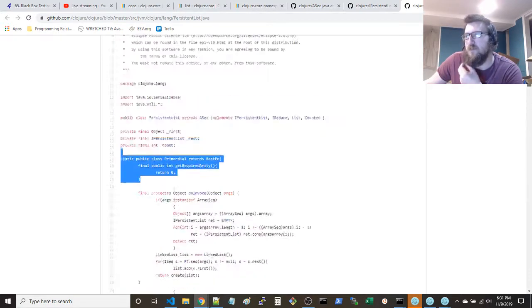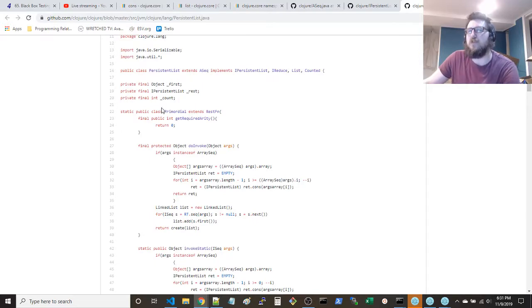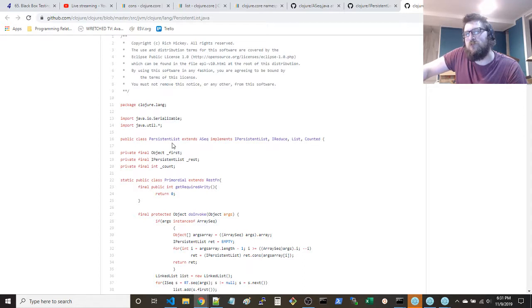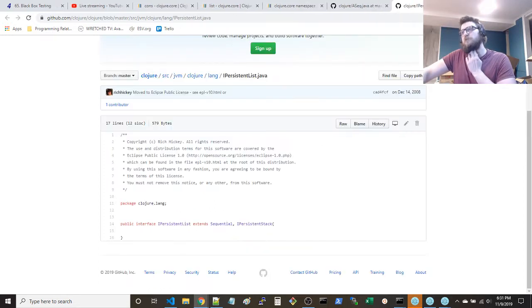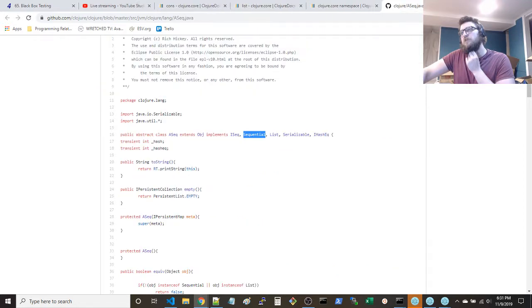What's interesting is that they're public inner classes and they're static as well. So it's kind of unusual. I don't know how unusual that is, but it's how it's been done. So you've got this persistent list. It extends a sequence, so it's a sequence plus a little more. So all right, fine.